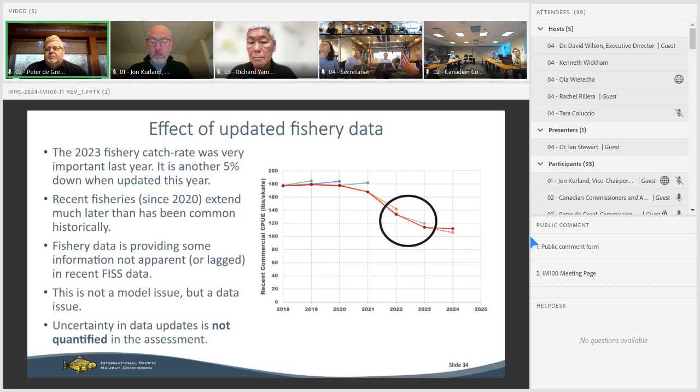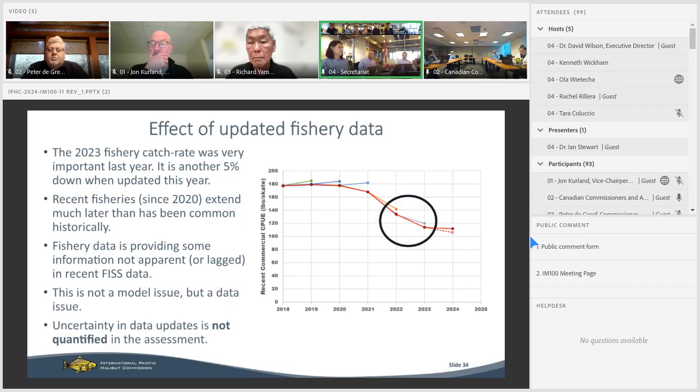Thank you. I can, thanks. And it is definitely one of the most important aspects of this year's stock assessment. You'll recall from last year that the fishery data were very important last year as well. We had a similar pattern where we put all the data in, and then when we added the fishery data as the last data source to the stock assessment model, it brought the coast-wide estimate of spawning biomass down, I believe by 11% last year. That fishery data was important then. And this year, not only do we get another point corroborating that low level we observed last year, but last year's value also went down. So it's essentially like getting 2 new data points from the fishery information this year.